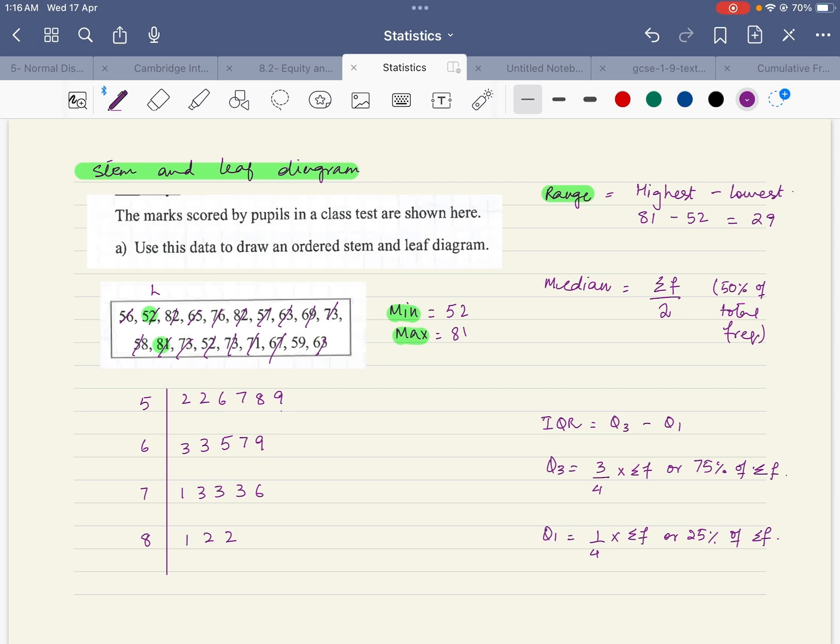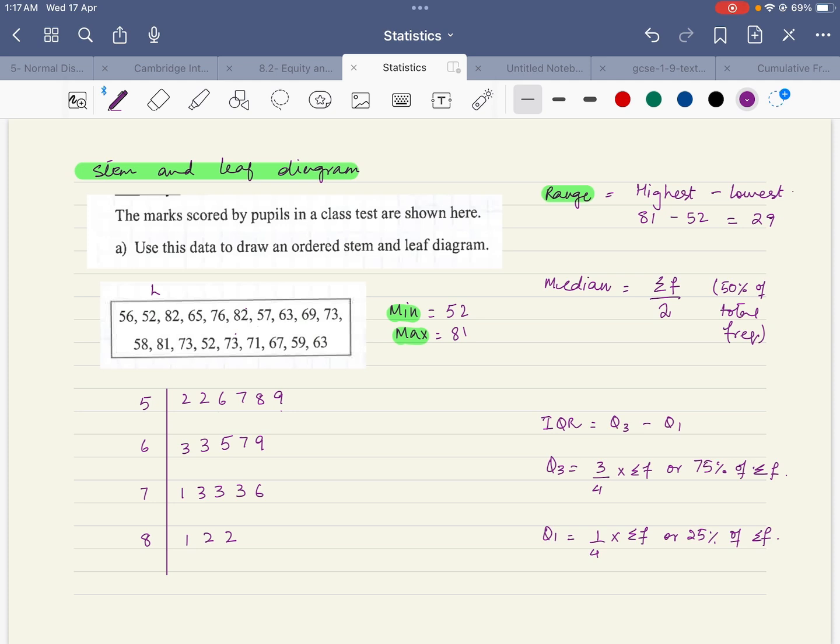Then you have to find out the median. Median means let's have a look at the data. How many data points do we have? Median is basically something which is physically in between. Okay, how many data points do we have? Let's count them. 1, 2, 3, 4, 5, 6, 7, 8, 9, 10, 11, 12, 13, 14, 15, 16, 17, 18, 19. Okay, so 19 means when you cancel 9 of them from here,